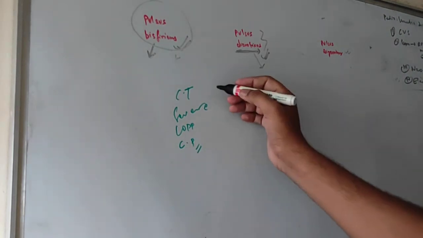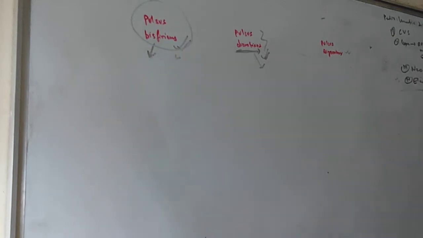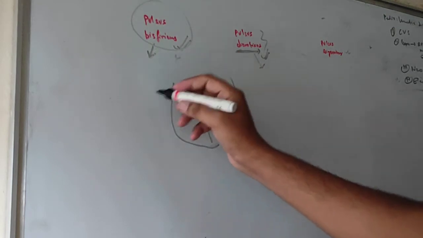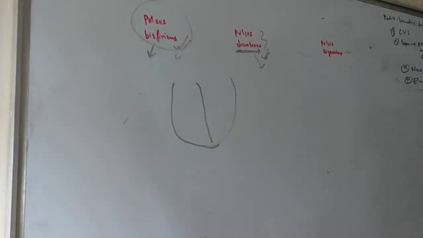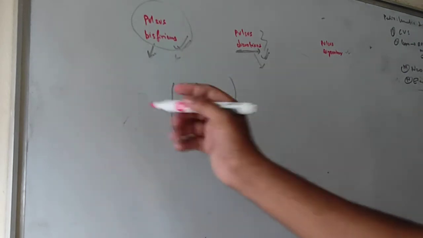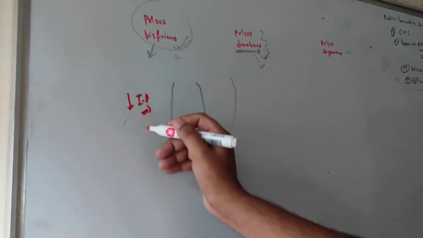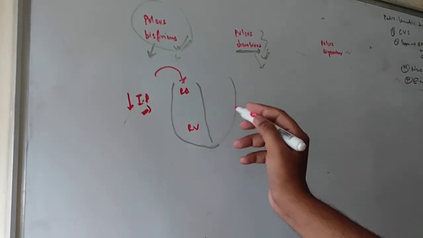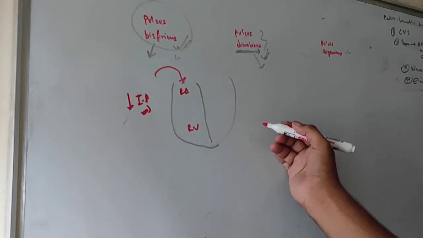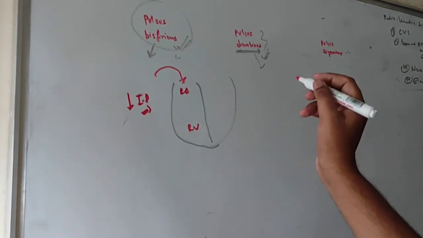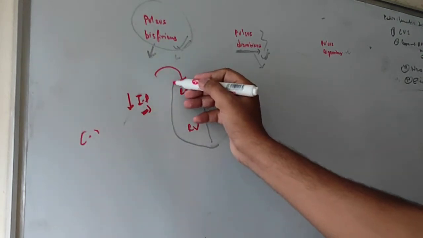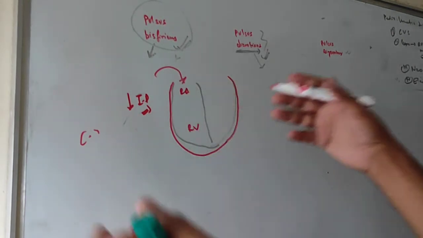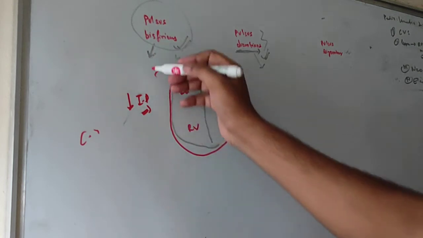So, what is the mechanism of pulsus paradoxus? Consider it is a heart, and when you inspire, there is a decrease in intrathoracic pressure. So the maximum amount of blood goes into the right atrium and into the right ventricle. And when you have pulsus paradoxus, like in cardiac tamponade or constrictive pericarditis, the compliance of this whole heart is decreased, and when you inspire,